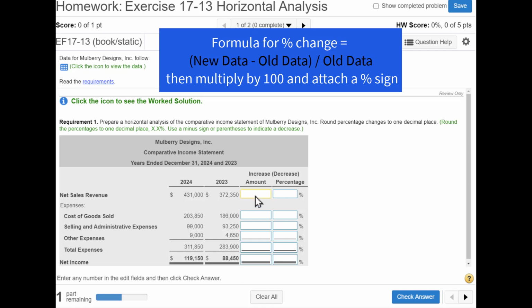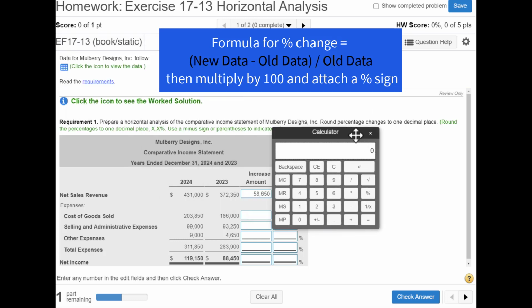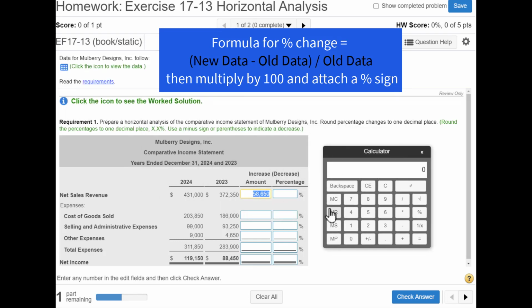So for net sales revenue, it looks like an increase. We're going to take 431,000, subtract 372,350, and we get 58,650. Now to do the percentage increase, it's new minus old, which is this number, divided by old. So I'm going to take new minus old, which is 58,650, divided by the old, which is 372,350,